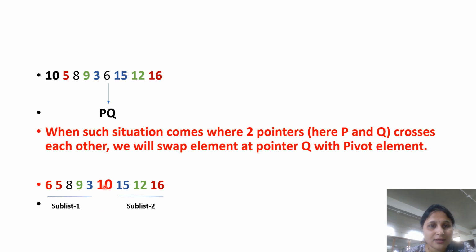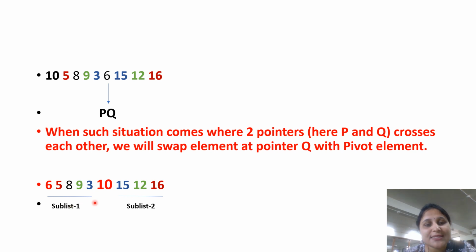Here Q is pointing to 6, so we will swap 6 with the pivot element. Now see here students, the pivot has come to the place of 6 and 6 has been placed at the place of the pivot element, but P remains at 15 only. Now you can see 6 is no longer the pivot and 10 has come to the center